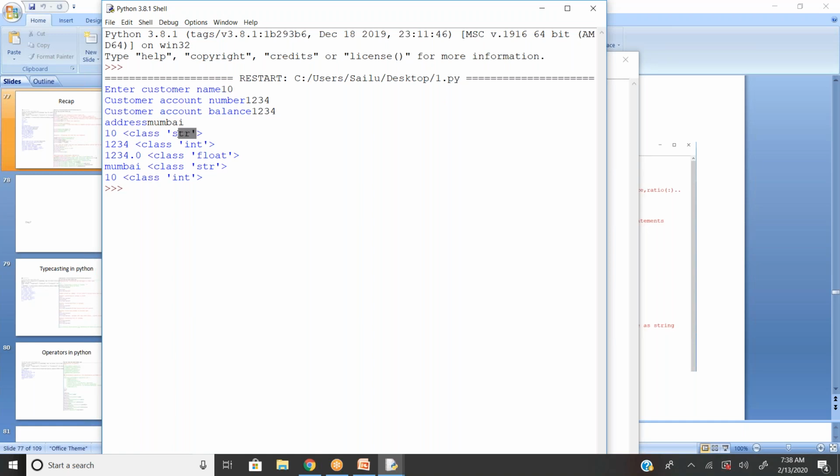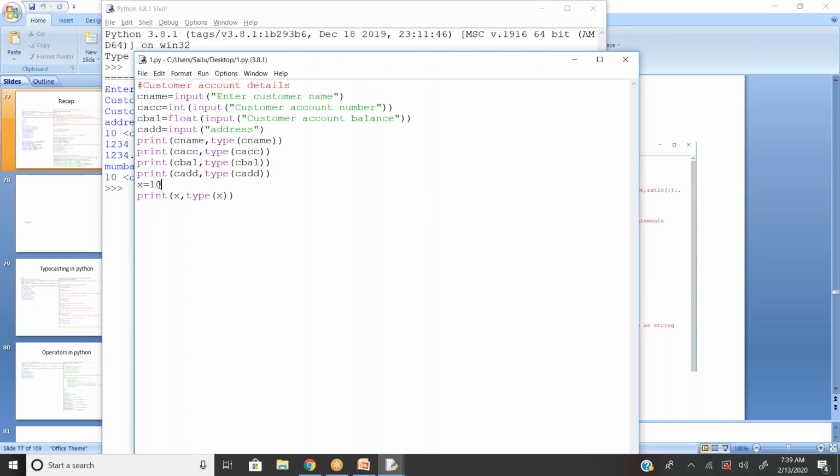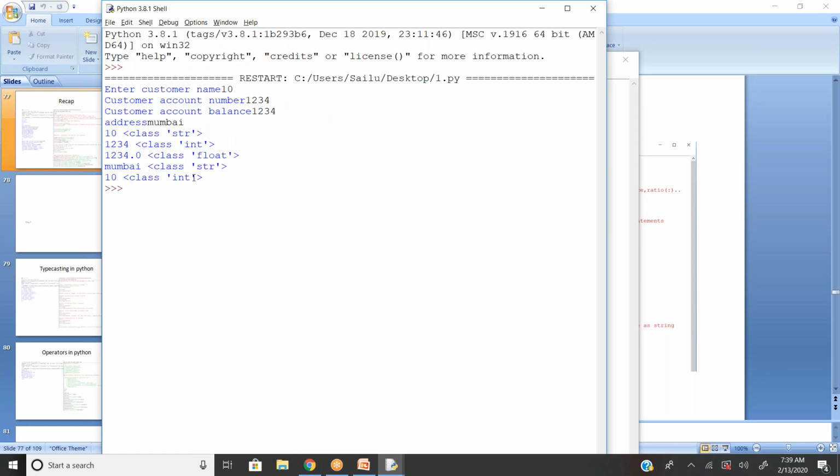So whatever you enter as user input by using the input function, by default the system will take it as a string. It will not take it as an integer. But the last one, what you're seeing here, x equal to 10, the system assigns a dynamic data type, and it will display as an integer. You can see integer. Is it clear? Any questions